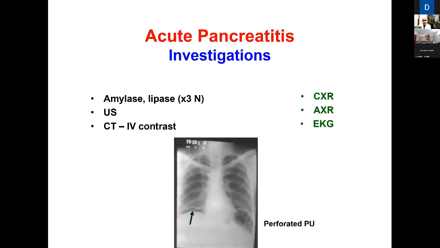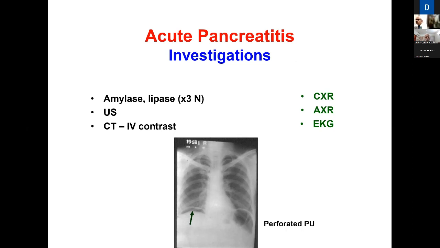Now, once we think of acute pancreatitis based on clinical presentation, which is, as I said, sudden onset, moderate to severe acute mid-upper abdominal pain, usually associated with retching, nausea, and vomiting, then we have to investigate. And the specific investigations would be serum amylase and lipase if they are elevated more than 3 times the normal of your lab. An initial ultrasound, which obviously will look at other organs also, for example, the gallbladder, the liver,